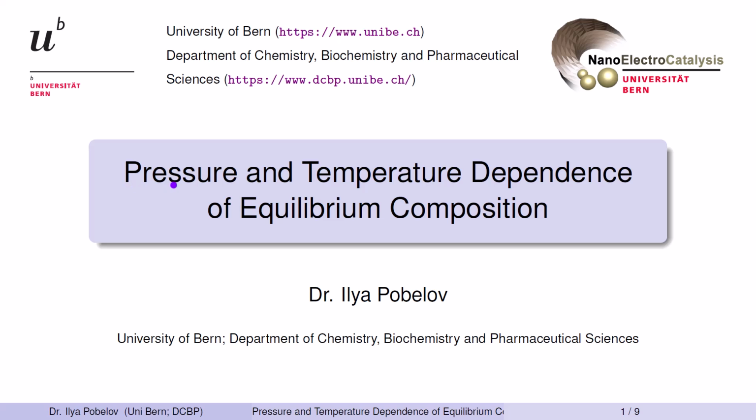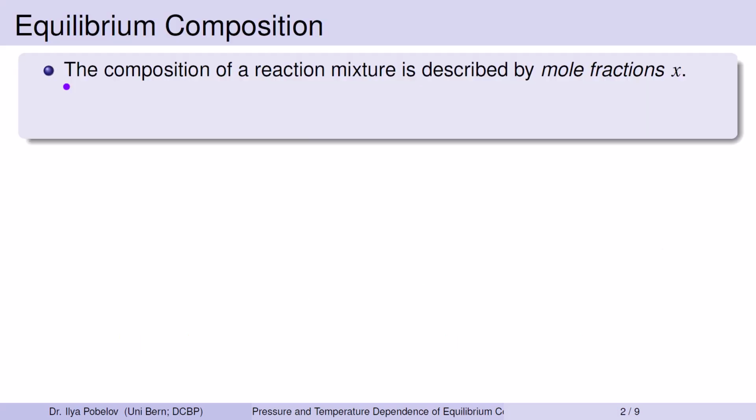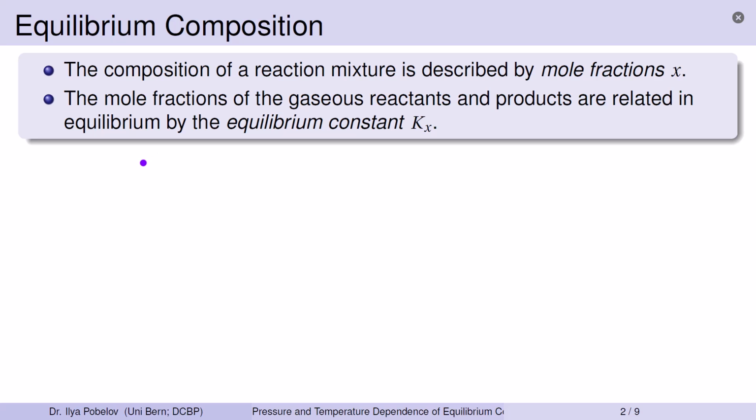In this module, we will discuss the pressure and temperature dependence of equilibrium composition. We have previously emphasized that a meaningful way to describe the composition of a reaction mixture is by using the mole fractions denoted by X. When a chemical reaction reaches equilibrium, the mole fractions of the gaseous reactants and products are related by the equilibrium